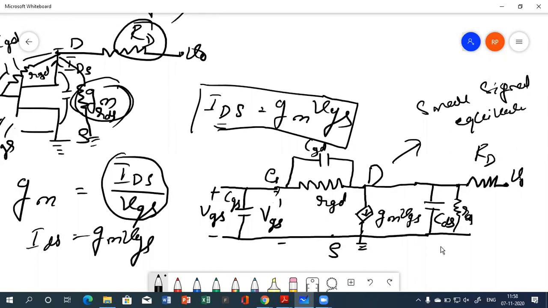This is the small signal equivalent circuit, which I am going to use to derive the expression using this IDS equation and the small signal equivalent circuit. We will study what happens to the drain to source current if we consider these small signal components. What happens to this equation, which is a factor that affects drain to source current at the output side. So this is the drain to source current which flows at the output side here. Now we will check what happens to this current when we consider all these components. So this we are going to discuss in the next class.